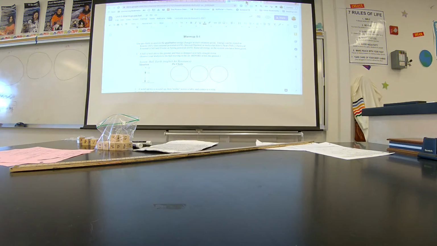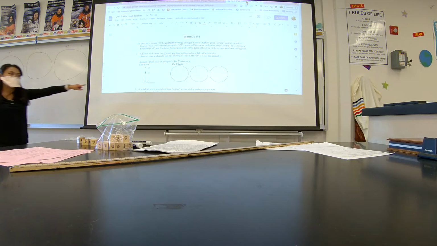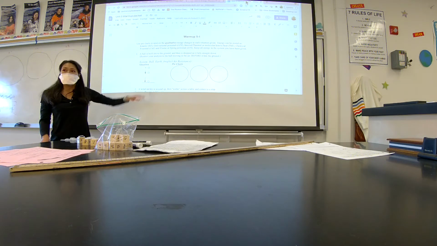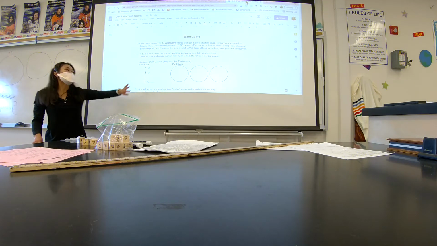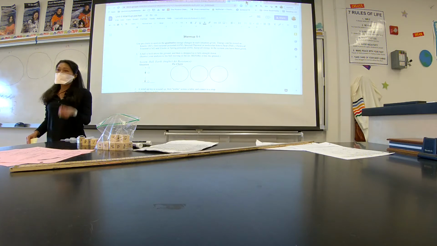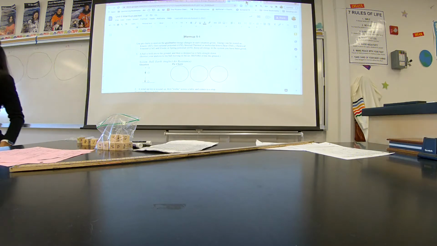The ball is very close to the ground. It hasn't quite hit the ground because if it did hit the ground, the velocity would be 0. But we know that the velocity is at its maximum speed because when you drop a ball, it starts at 0 meters per second and it increases every second by 9.8 meters per second squared, right? So